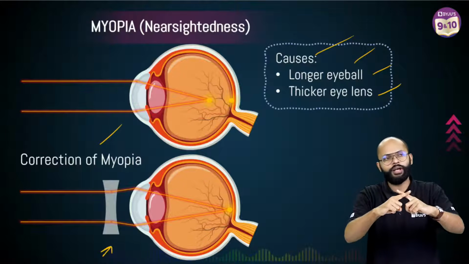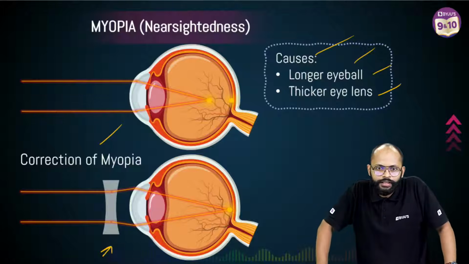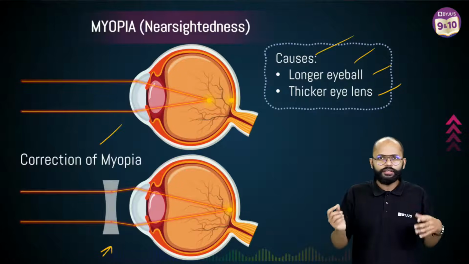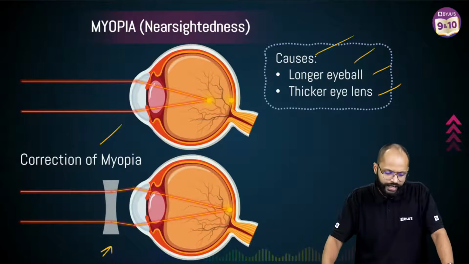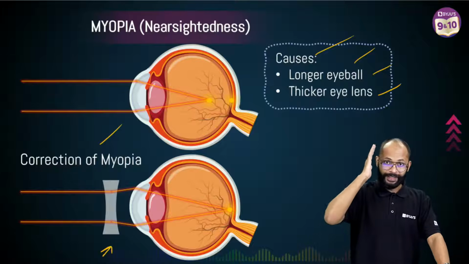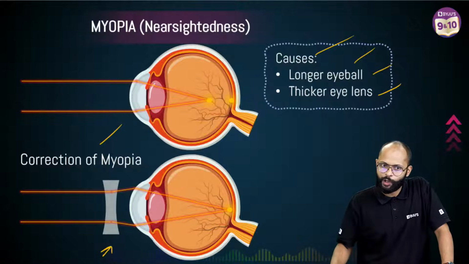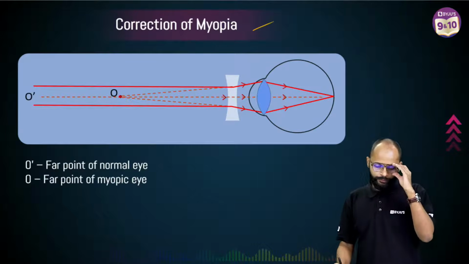Not above, or I would say not in front of the retina. Getting it? Sensitive to color, meaning all these colors, red, green, white. Rod cells are black and white. Fine. All right. Myopia clear? It should be imprinted on your brain. I want this to be just imprinted on your brain. Myopia clear? Very good. Now, in the correction of myopia I'll tell you,